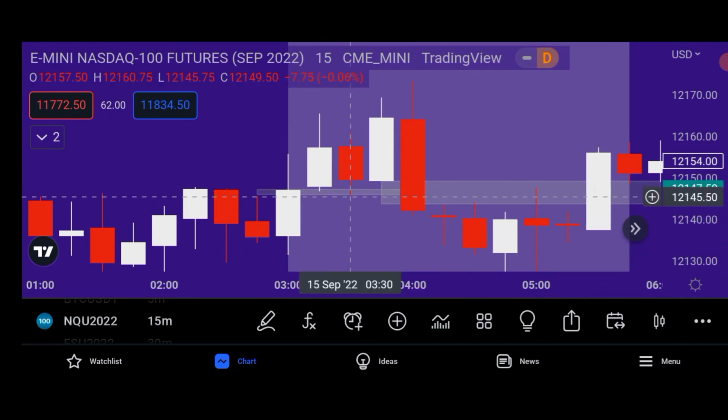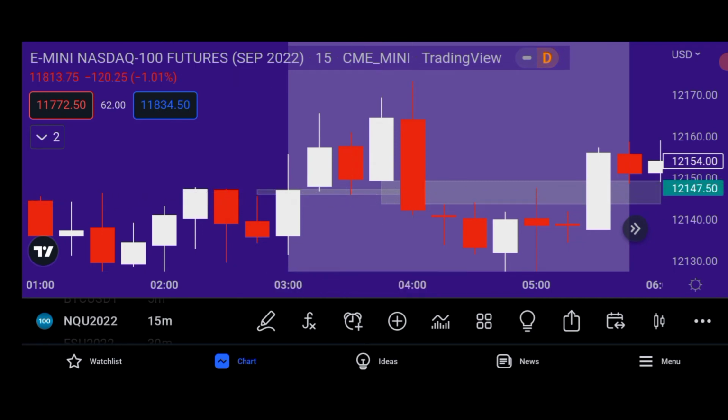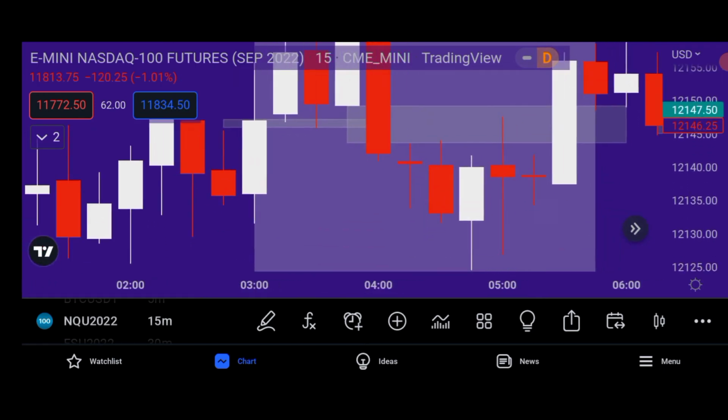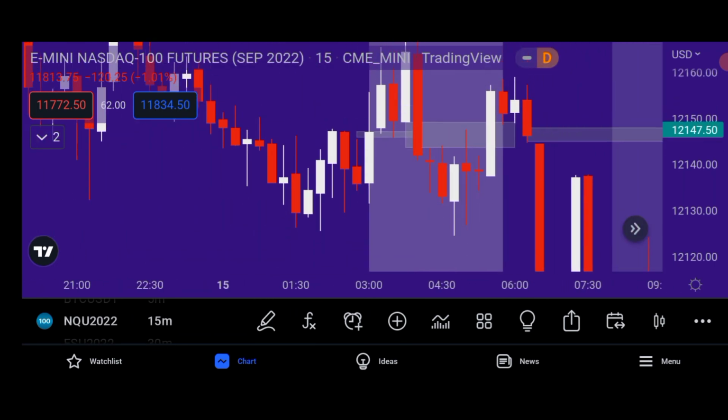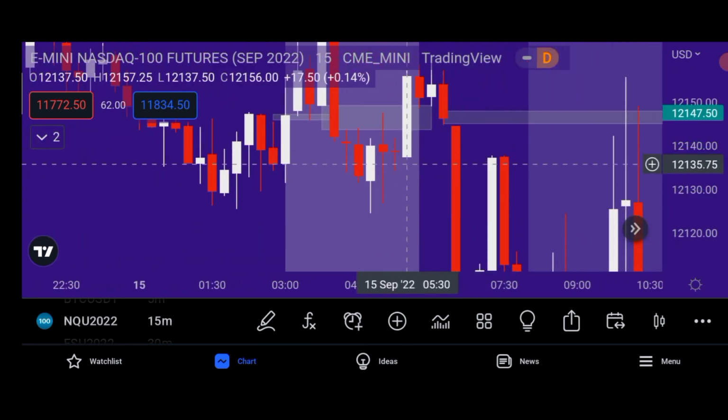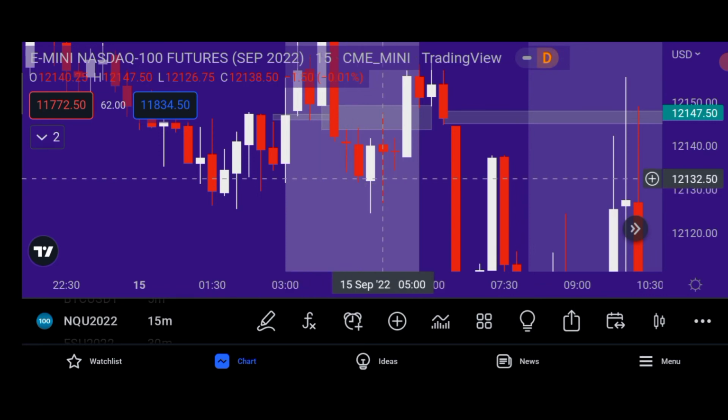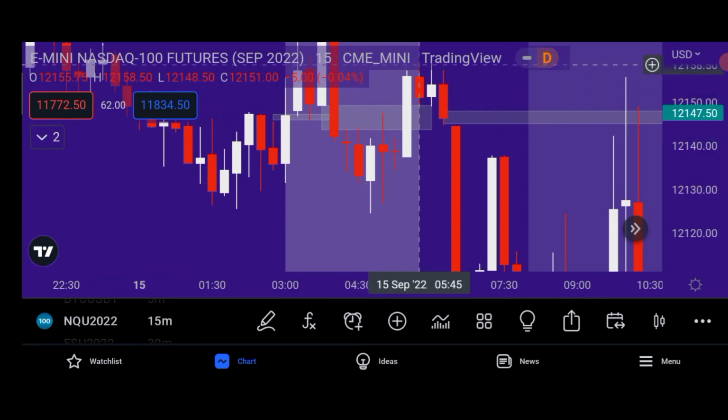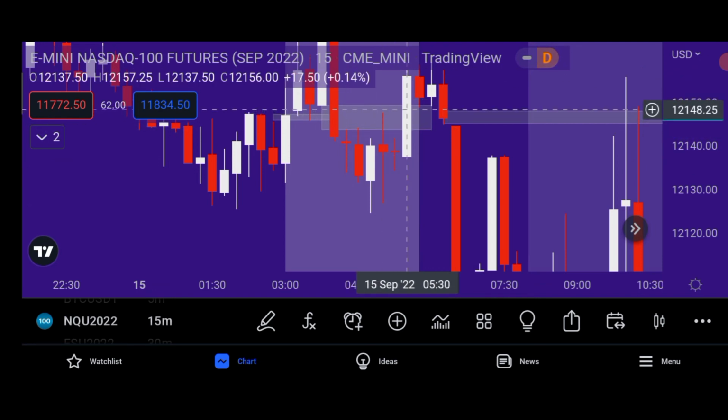So by the time it broke this, because this became a valid high, a valid low, by the time it broke it, then my bias changed, and this is the result. It took out this low and left a fair value gap. Price traded into it, went higher, like taking out this high here. So it will have forced you to reverse your decision.